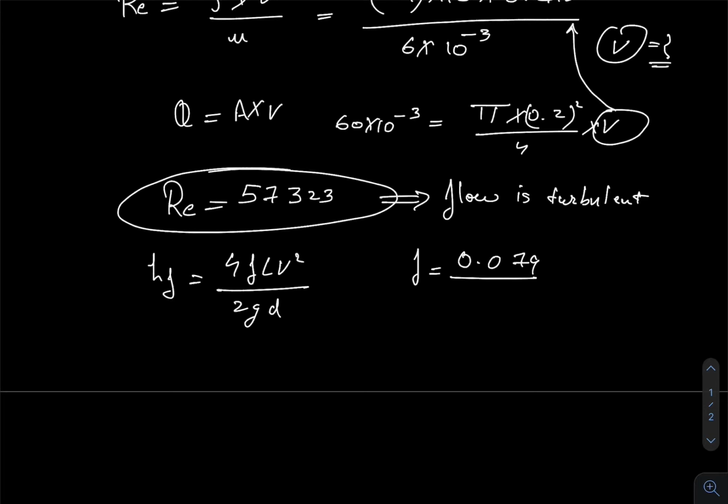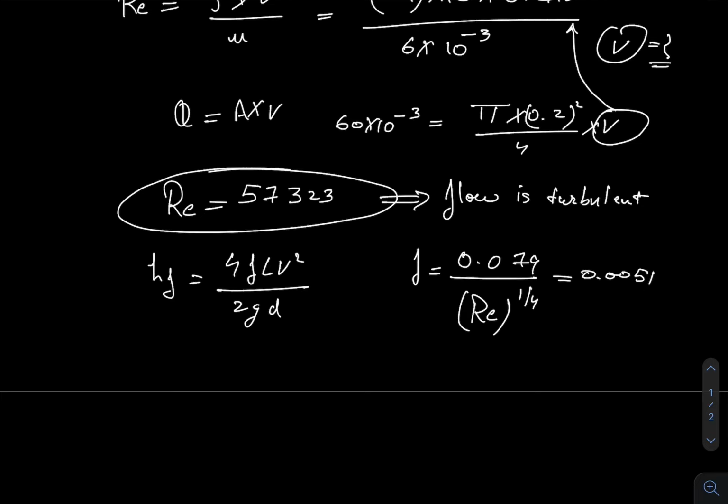As the flow is turbulent, the coefficient of friction f is equal to 0.079 upon Reynolds number raised to 1 by 4. It will not be equal to 16 by Re; that's the case for laminar flow. We have already calculated the Reynolds number, and when you put it here, the coefficient of friction comes out to be